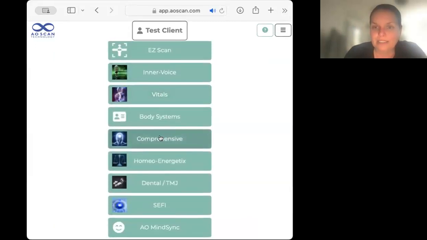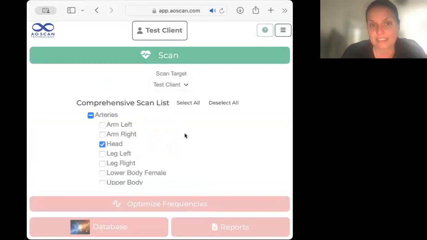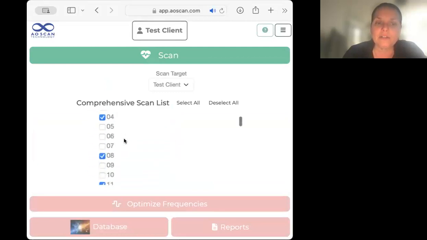Okay, now comprehensive is another one that is huge. We're not going to go into all of it, but we can run the inner voice. We can run the comprehensive just on inner voice. We could run it just on vitals, or we can do the combined of the two. So sometimes I like to click on combined and see what the computer thinks that we should run. So it's saying we should run head arteries, chromosomes, eyes, full heart,